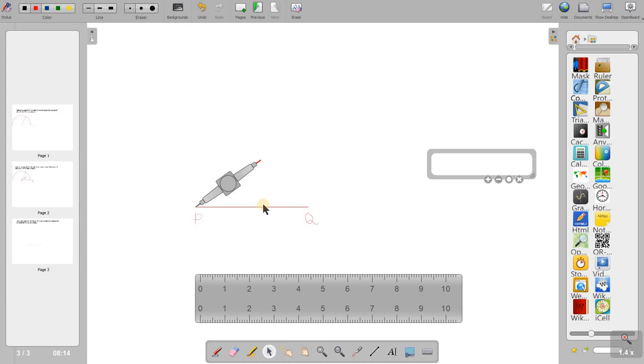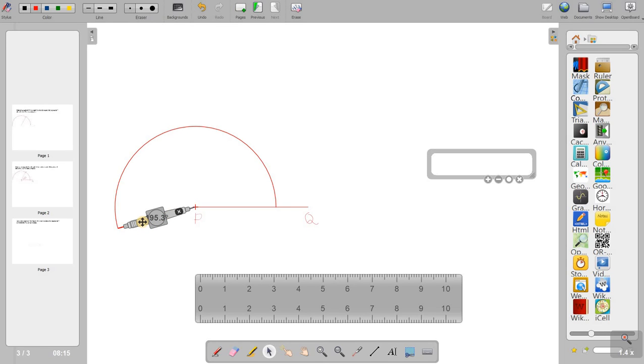I'll be drawing from the line PQ, so I'll just rotate it to the side. Okay, align it with this. Now when I bring the cursor over here, the arrow mark says that, yeah, it is now ready. I can draw a semicircle like this. Okay, I have drawn nearly a semicircle, maybe a semicircle, or I can even go beyond it also here. I just need this much only.